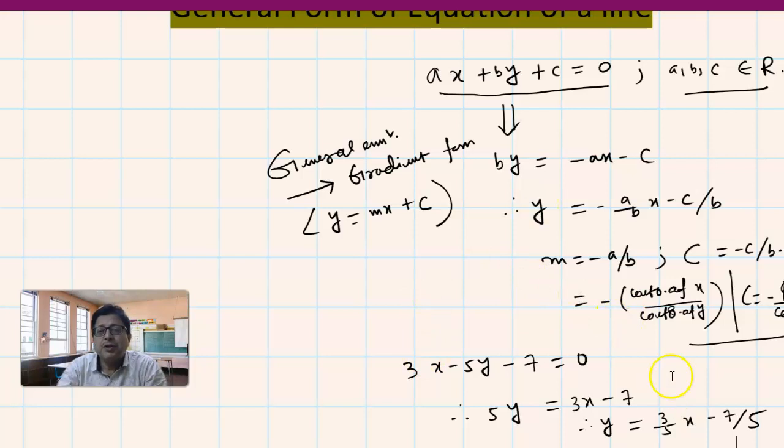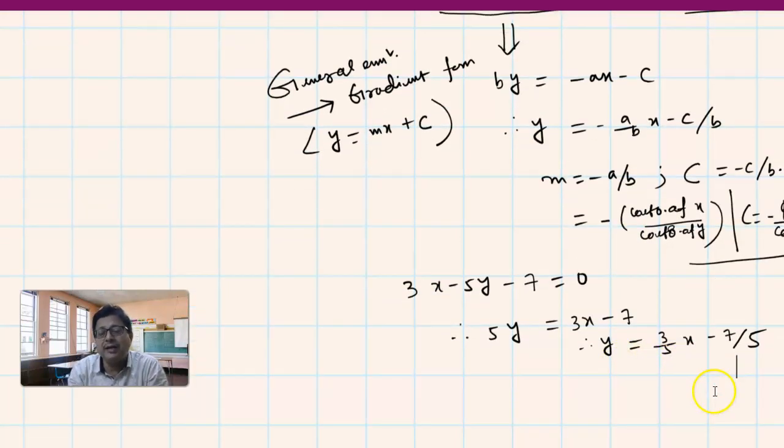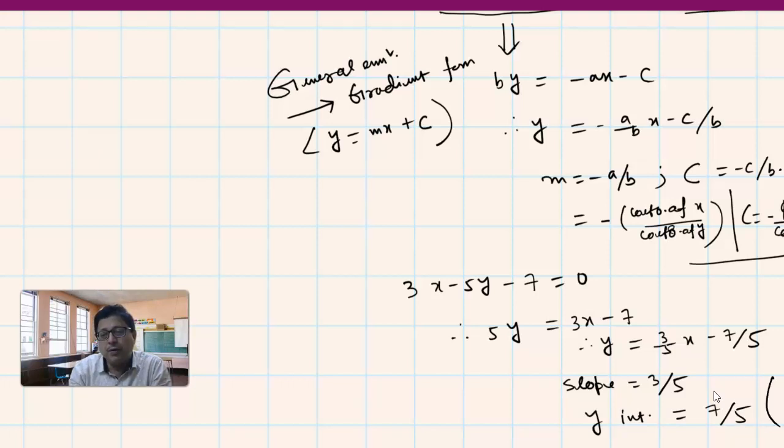So if it is asked to find the slope of this line, you all can see that the slope here is equal to 3 by 5. And what is the y-intercept here? The y-intercept will be equal to 7 by 5 from the negative